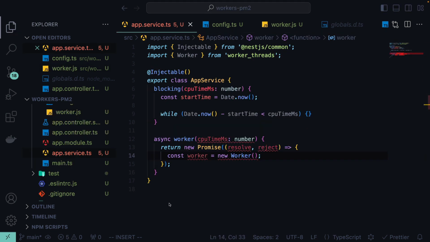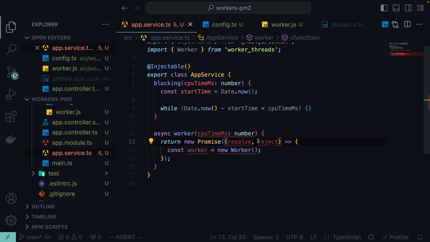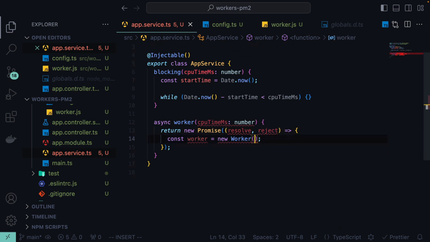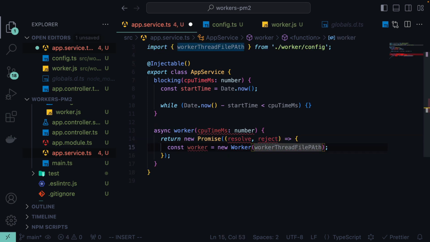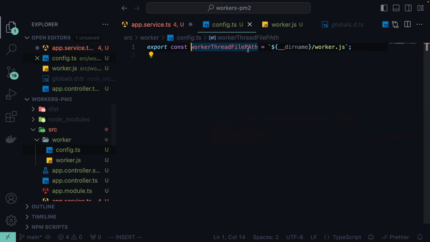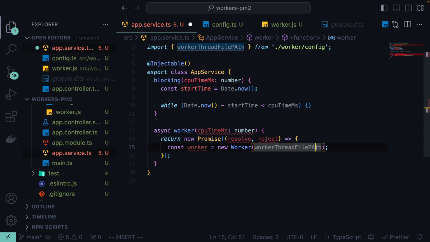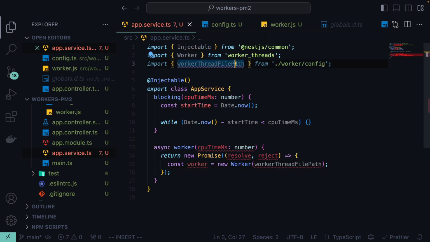So let's go back to the app service, where now we need to actually provide the worker we created with the worker thread file path. And let's go ahead and correct this to make sure it's a lowercase a in path, and then we'll do the same in our application and update the import. So this is all we need to do to actually create the worker and spin up a new thread to do